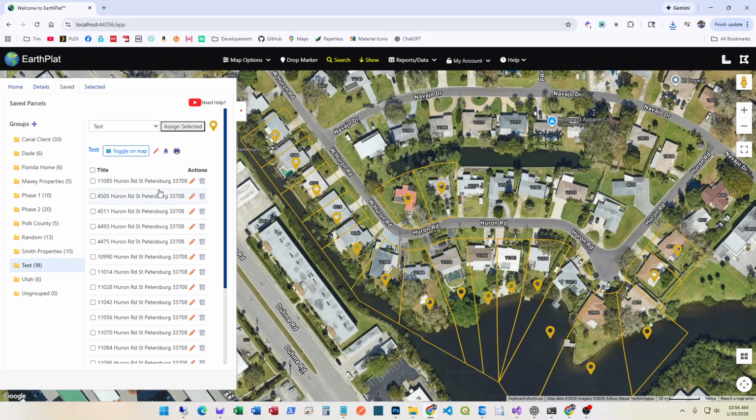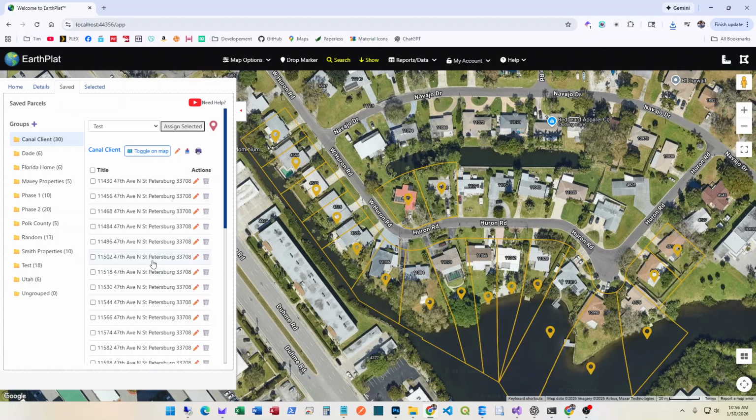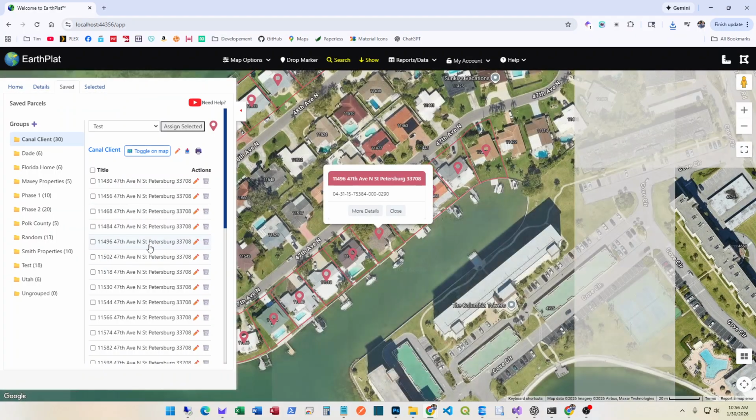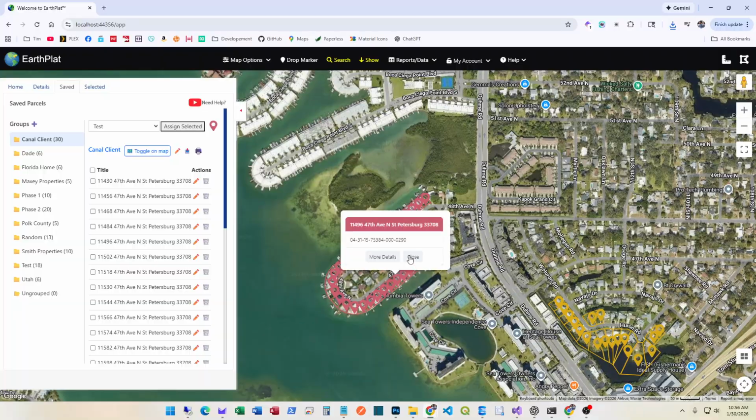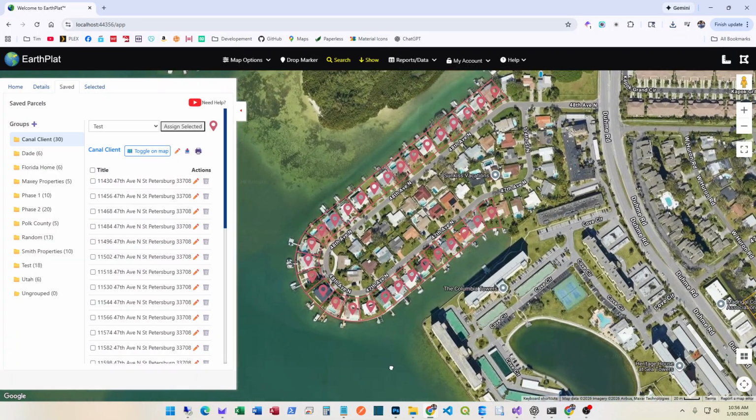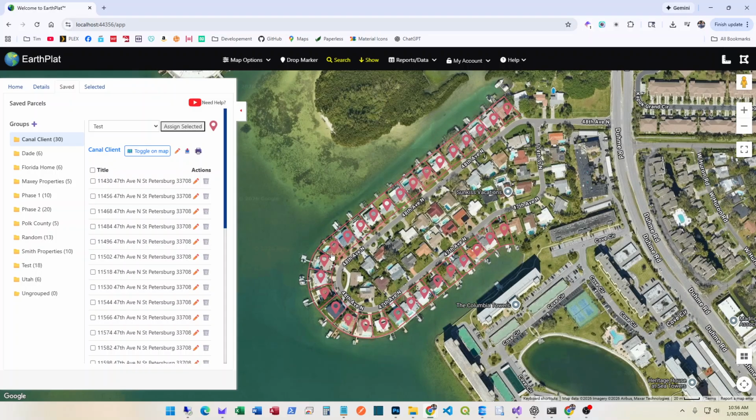So I'll discard that. Now, if you want to print this, let's say, for instance, I have this canal. Let's go fly to it. I have this canal here where a user was talking about having a client that wants to buy any of these houses. They want any of them, doesn't matter. So you can see, you went in here and saved all these parcels under the group called Canal Client, and then what it did was